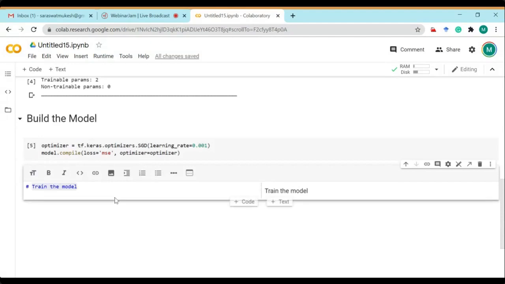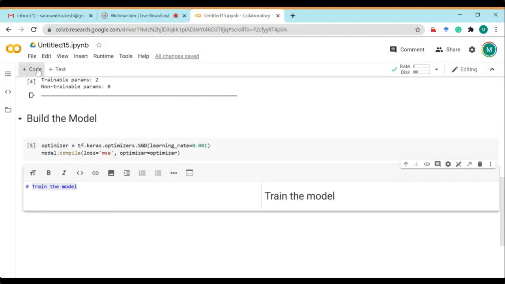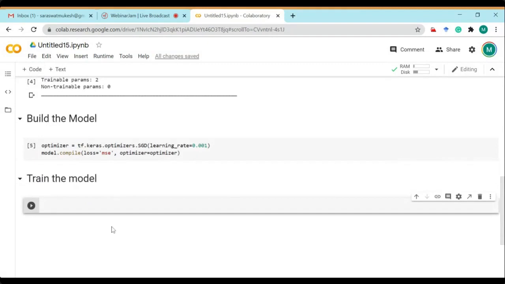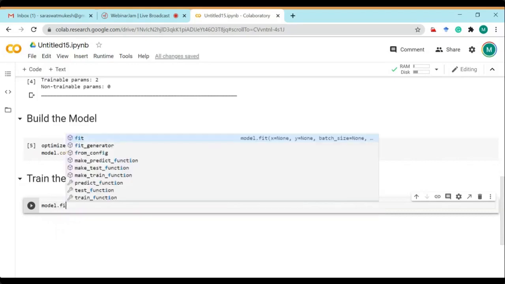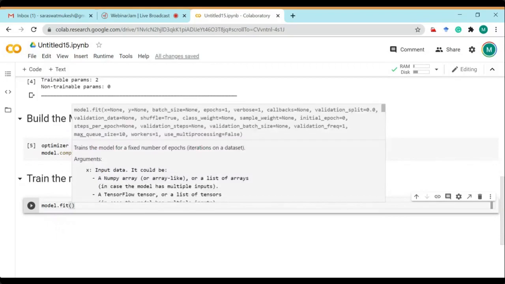How am I going to train the model? It is also very simple. We use the fit function, model.fit.